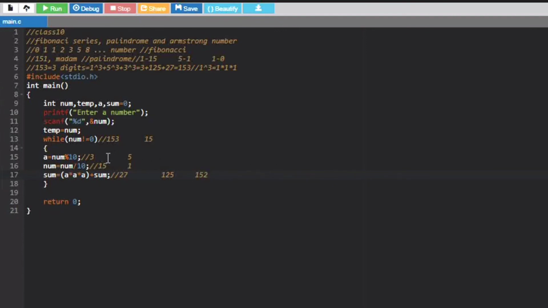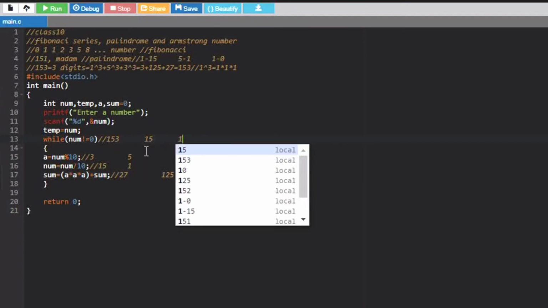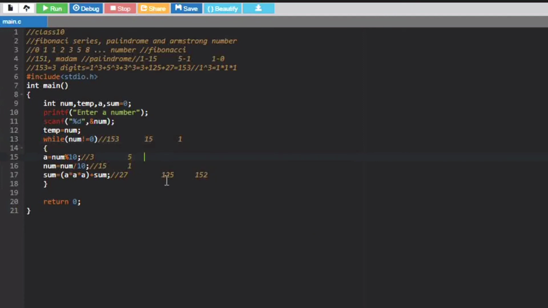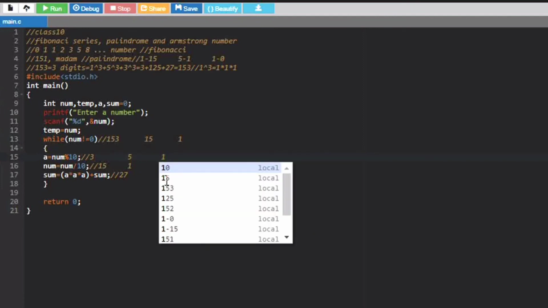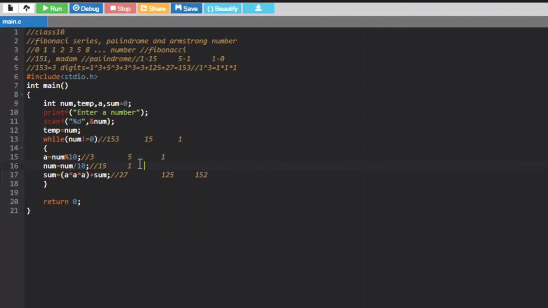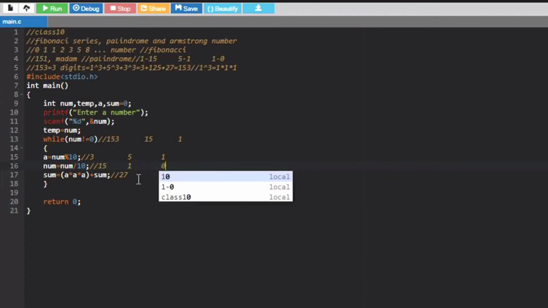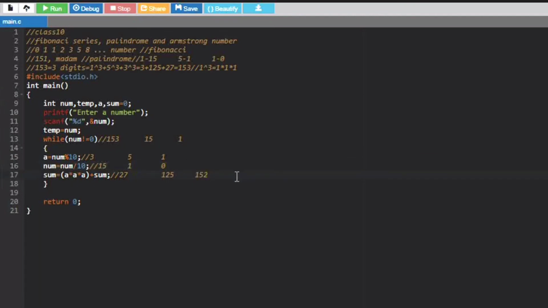So when this runs again, our new num is 1. So here comes 1. And now the remainder is going to be 1, and the quotient would become 0. Now if you see here, a into a into a, our a is 1. 1 into 1 into 1 would give you 1. 1 plus the sum.